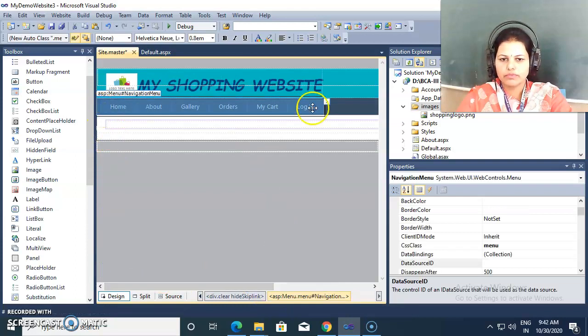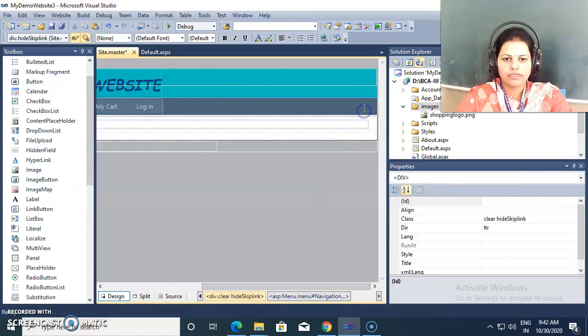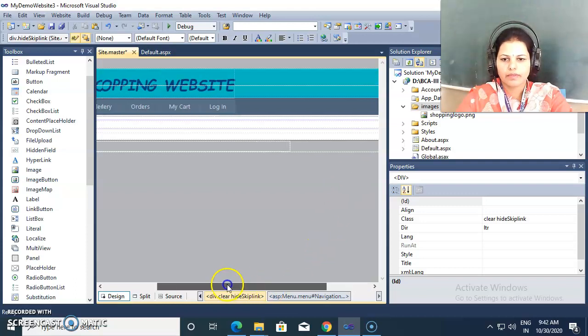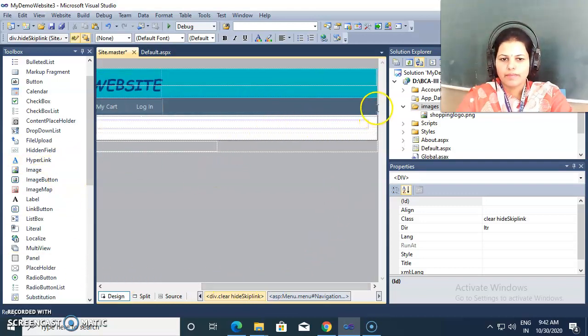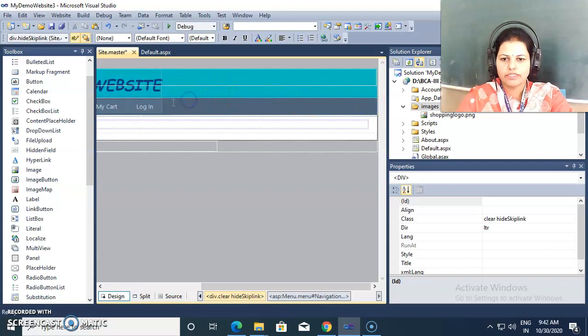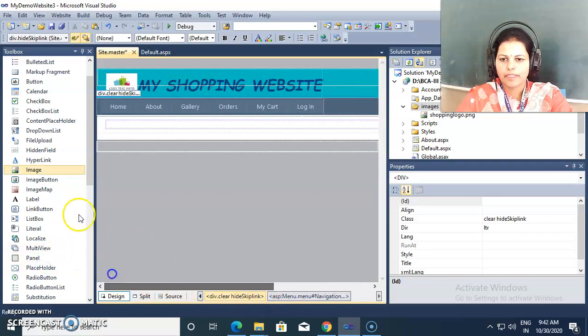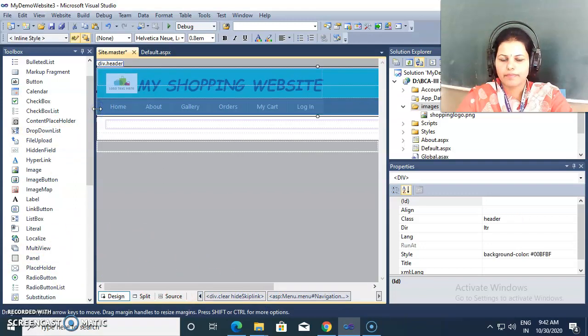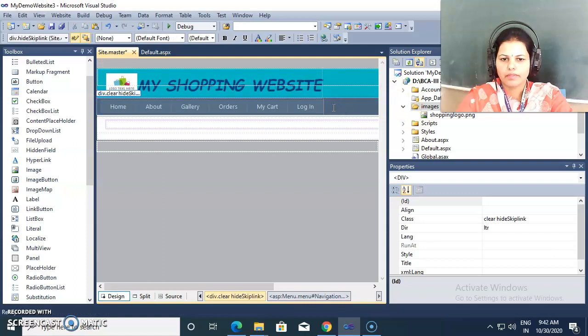Now I want to set the color for this actually. We need to select this division, not the whole division, but this is the footer.